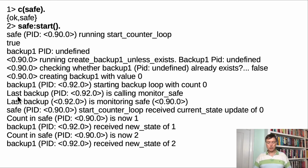So again, I said there could be backup 2, backup 3, there could be however many backups we want. In this case, there's a module constant, which I set to 1, but we can change that in a minute. We'll make it 2, but for the moment there's only 1 backup, and so because of that, backup 1, after it's created, knows that it is the last backup, and the last backup has a special